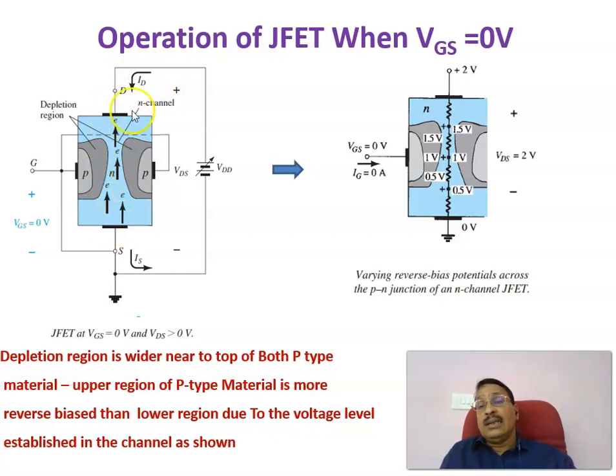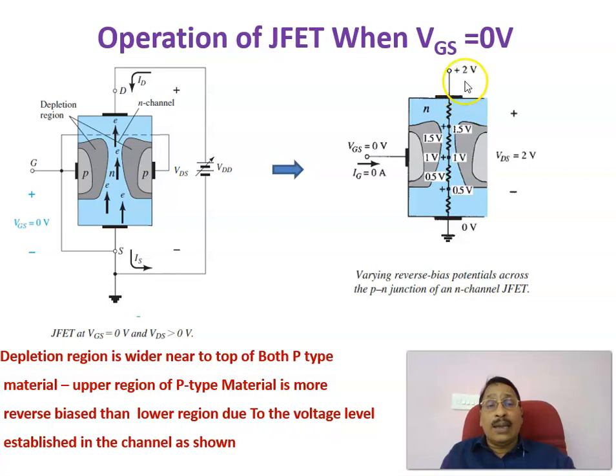There will be a drain current coming in this direction. Now, in order to analyze this, the channel can be considered as a resistance. It is divided, for example, here it can be considered as a resistance. When a current flows through this, there will be a drop here.